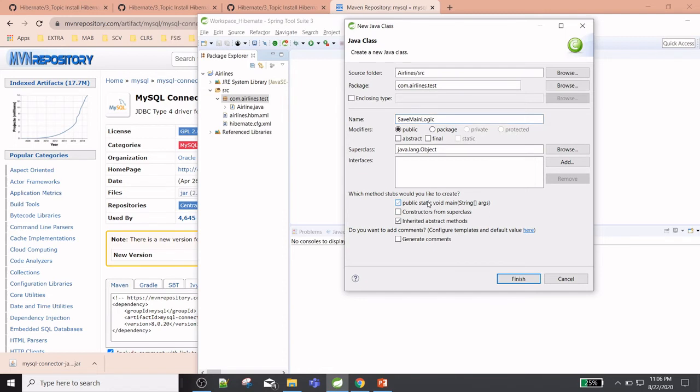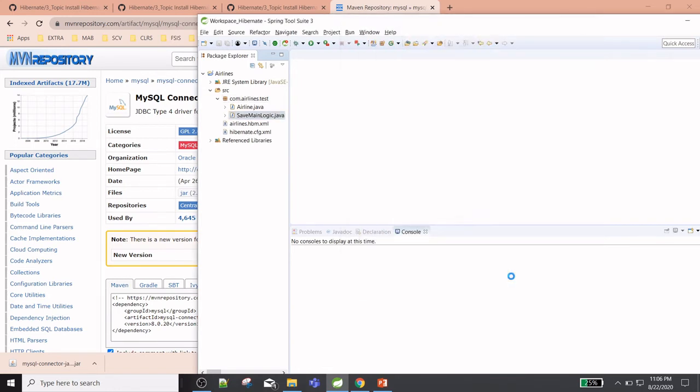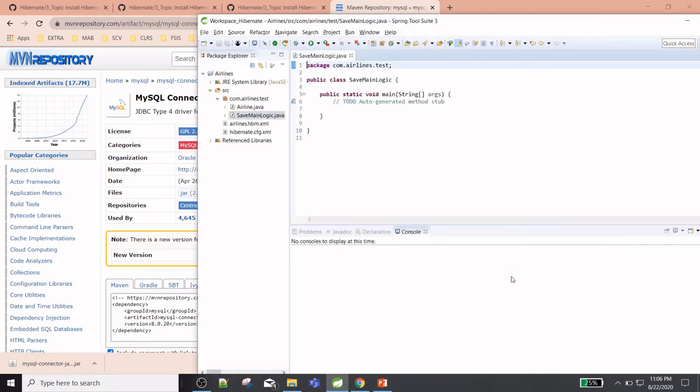I'm just using public static void main. We have already discussed we need to use configuration and session and all this. So let's start.